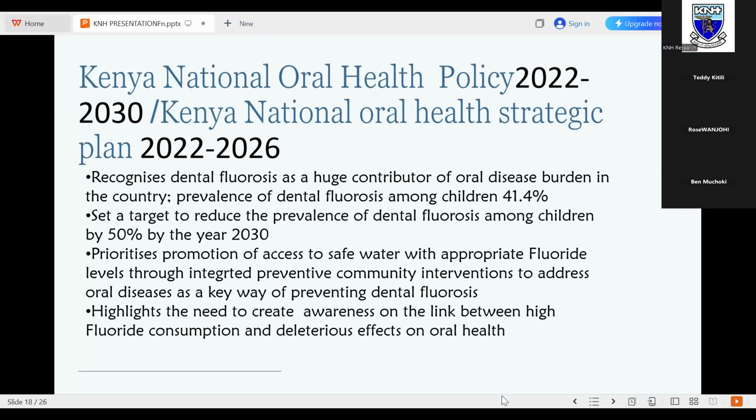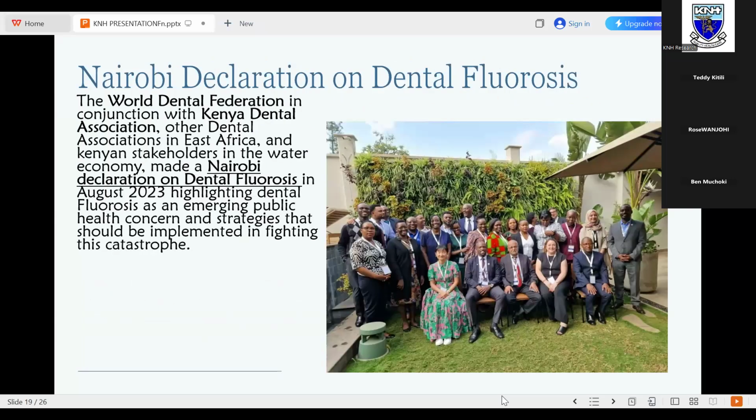So we also have the Nairobi Declaration on Dental Fluorosis,